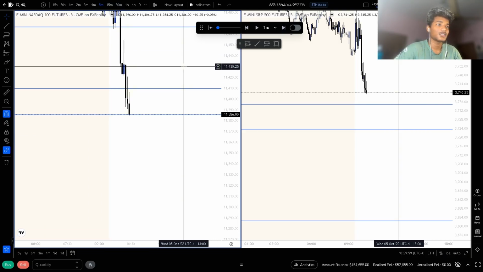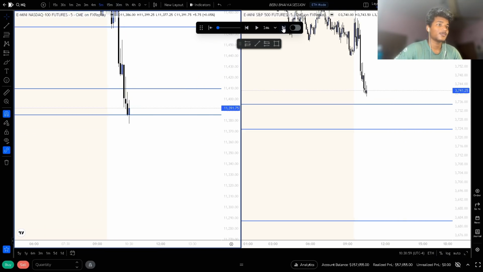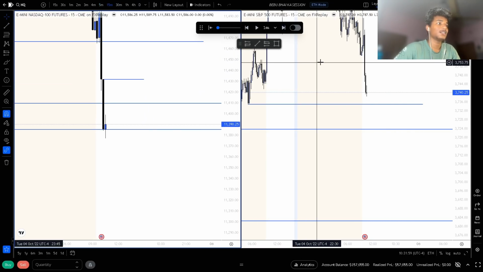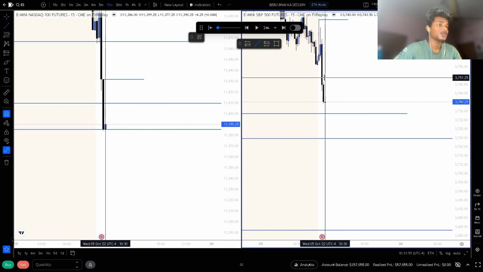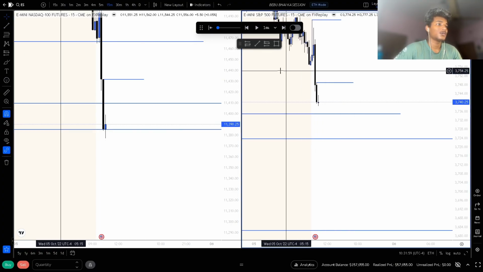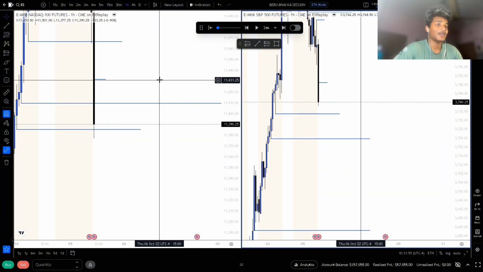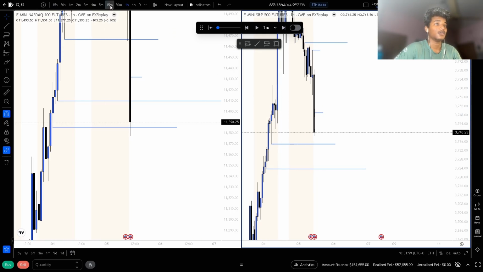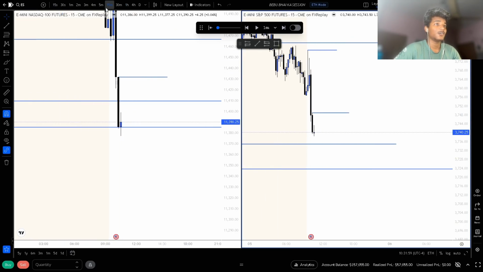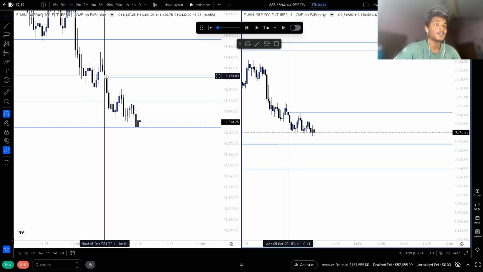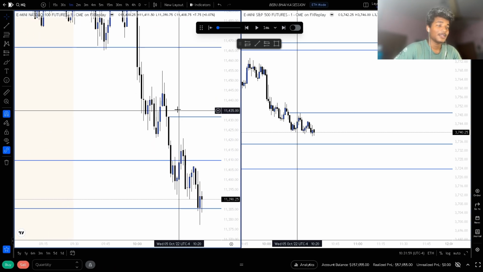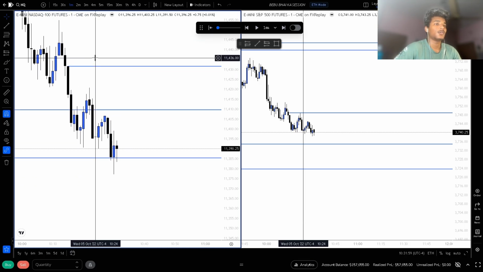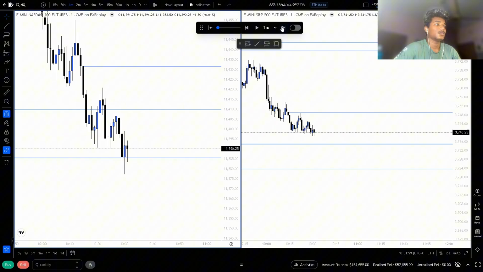So no shots here at this point of time, and if we get this shot, I may actually take that, but we have tapped into a hourly gap, so I don't feel like actually taking anything now, and it's also outside of my kill zone timing. So this was a pretty nice shot that I would have taken, but no trades today, guys, as well.